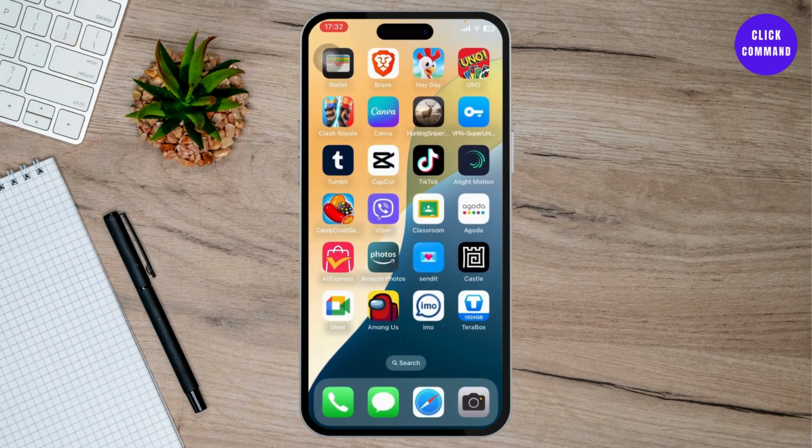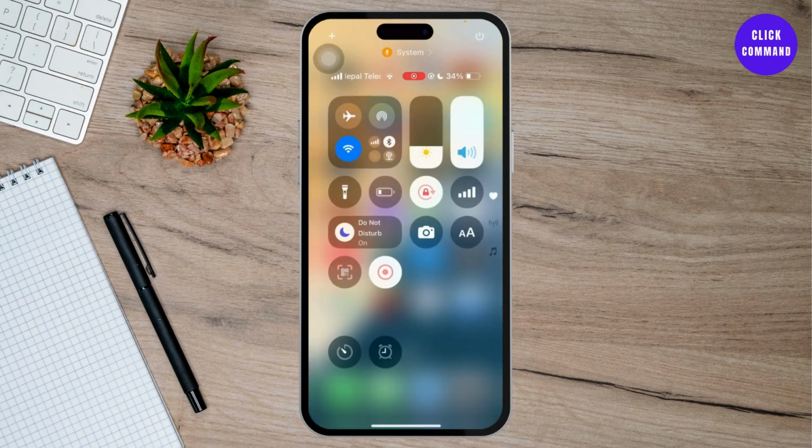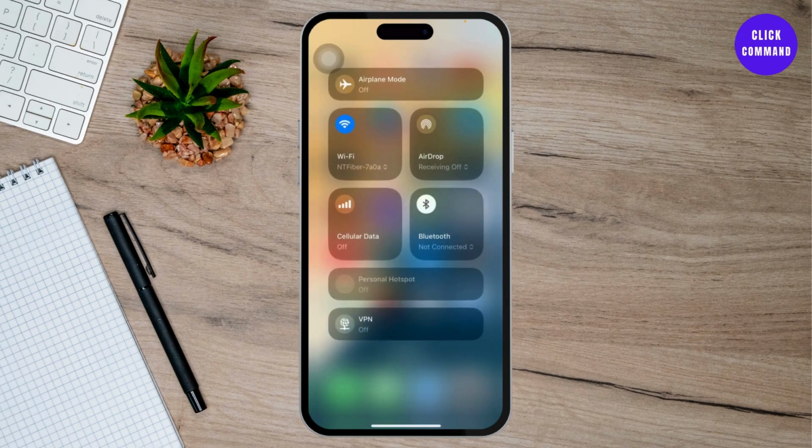The first step that you will need to take is to swipe down from the top right corner and reconnect to your Wi-Fi. Check your Wi-Fi connection, and if you do have an internet connection and it's good, and your network is not